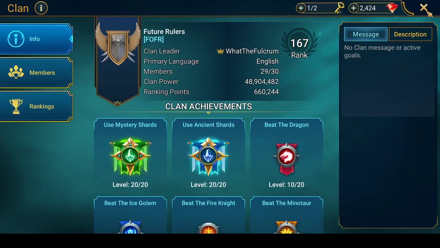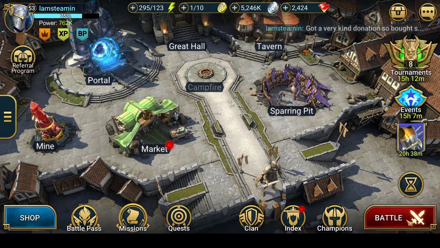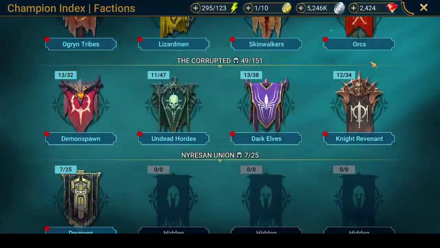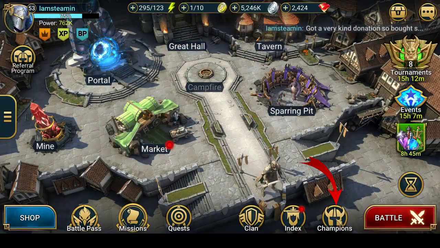This is where you can join clans, you can look for clans if you're not in a clan, and this is just to do the clan boss, which is in the battle part, which I will come to in a minute. Your index is a list of all the champions you can get in the game by faction,